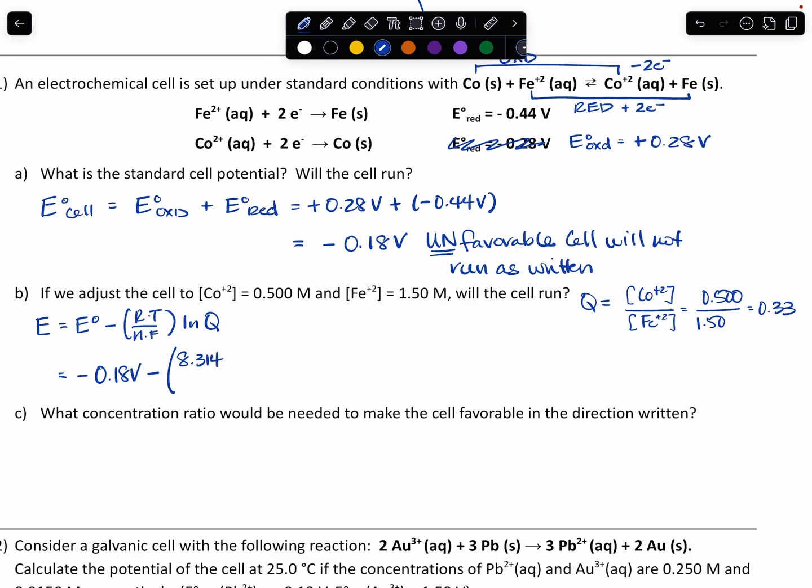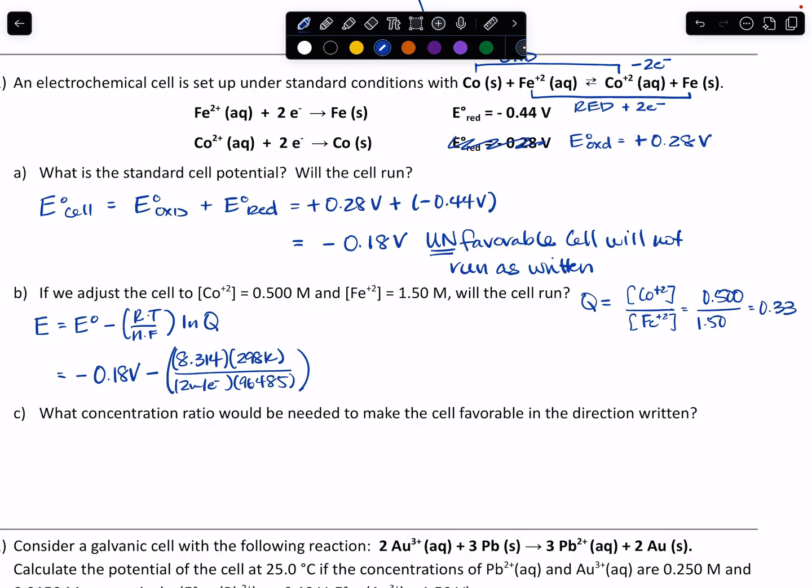So 8.314. I'm going to keep my units out just because it's a mess. We're going to assume that we're still at standard temperature because it doesn't say we're not. So 298 Kelvin all over. We transferred 2 electrons as part of that redox reaction, and then Faraday's constant. And then the natural log of 0.33. So we plug all that into our calculator, making sure that we are following our order of operations, and